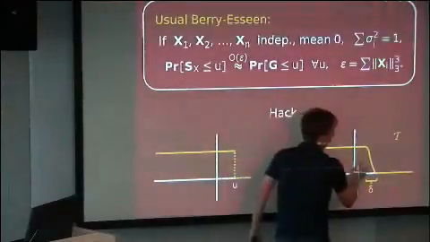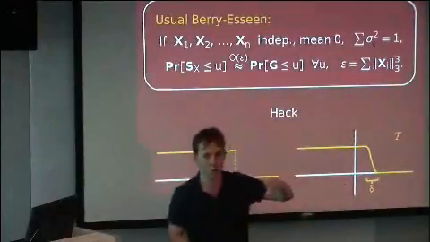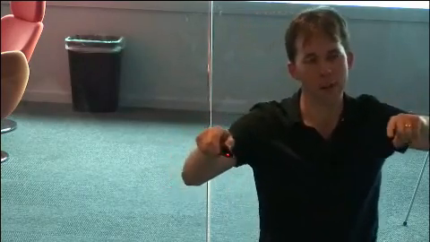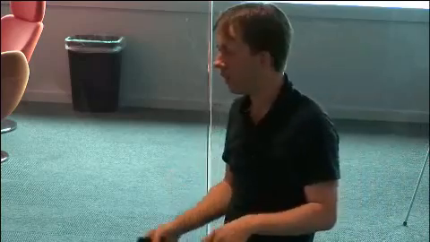The way I do it is you do this twice. You say the probability that s of x is less than u is sandwiched between the expected value of t of s, when t is this thing shifted to the left by delta and this thing shifted to the right by delta. So you make one smooth version which is always above the indicator and one smooth version that's always below. Then you do the Berry-Esseen theorem twice and get that this thing is sandwiched between the t for Gaussians, and then those themselves are close because Gaussians are anti-concentrated. So they're all close.